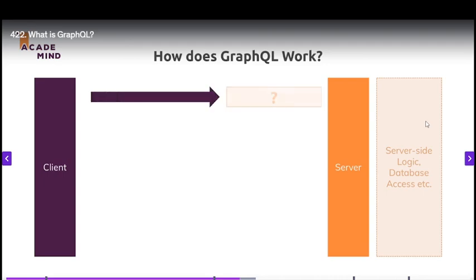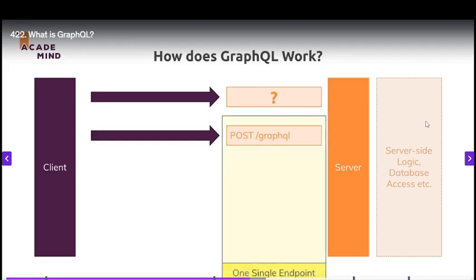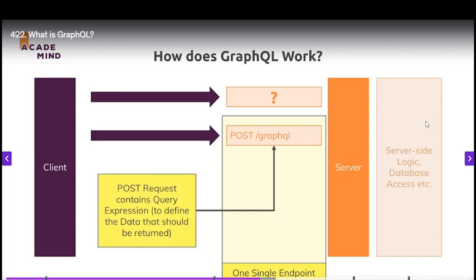Now, what do you send from client to server? In a GraphQL world, you only send one kind of request, and that is a POST request to /graphql. So you only have one single endpoint where you send your HTTP requests to, even for getting data. And why is that? Well, for a POST request, you can add a request body, and that request body will